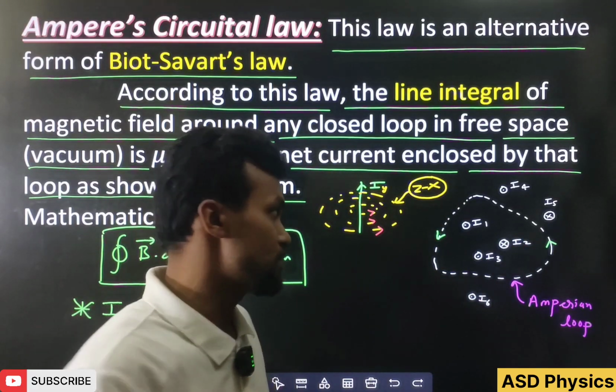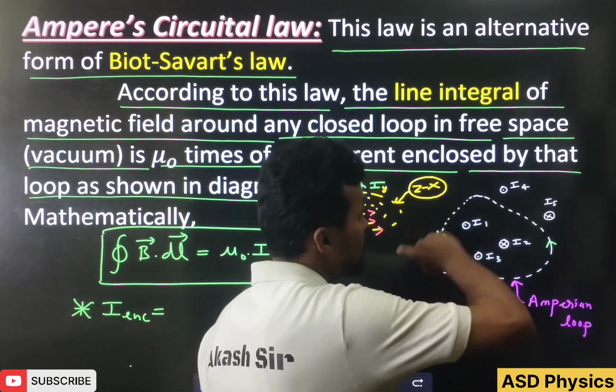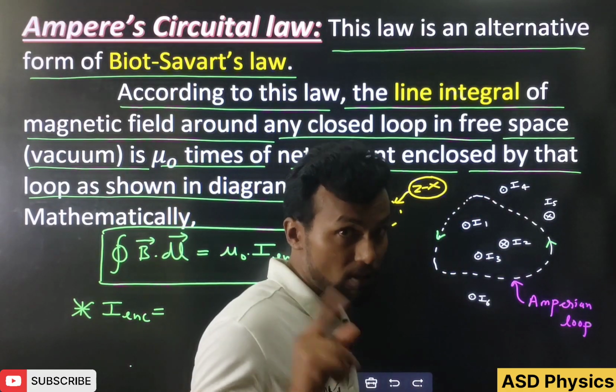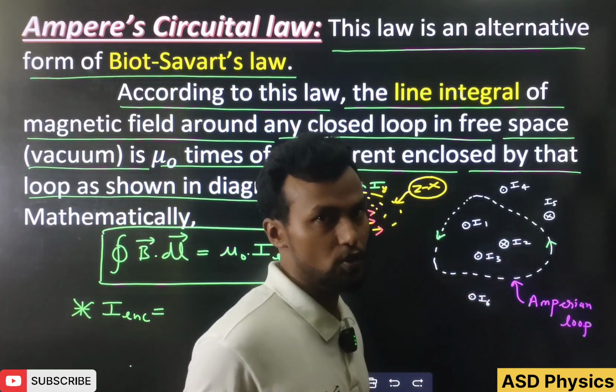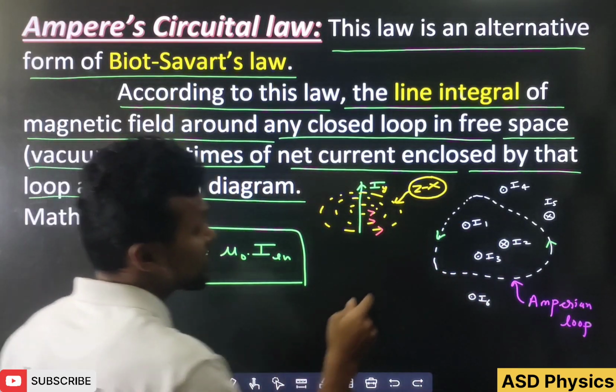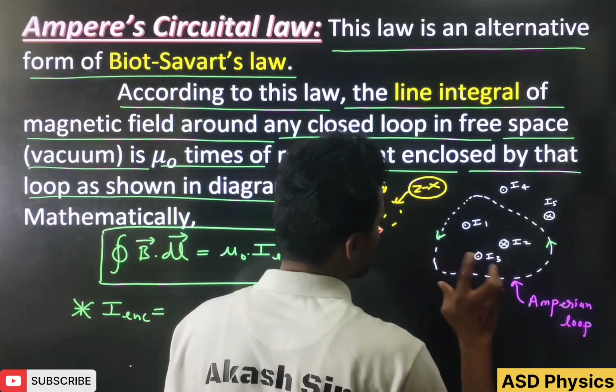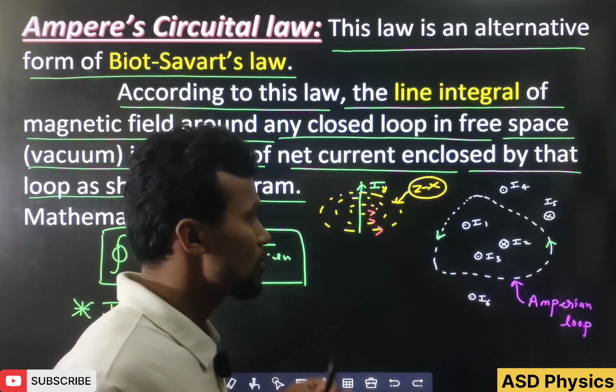If I make it reverse, that means if this Amperian loop is in clockwise direction, then what will happen is that I1 and I3 will become negative, and I2 will become positive. So remember that here. And the outside currents I4, I5, I6 have no effect at all